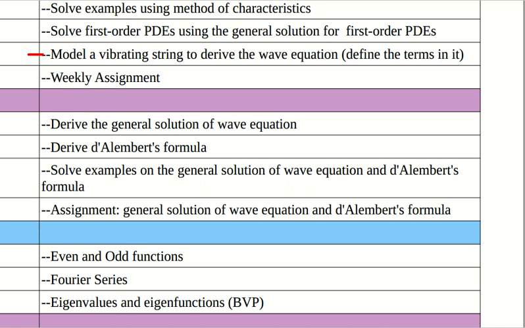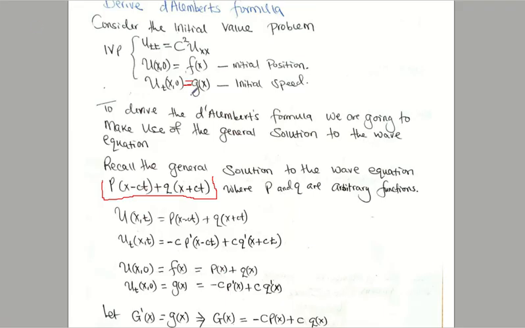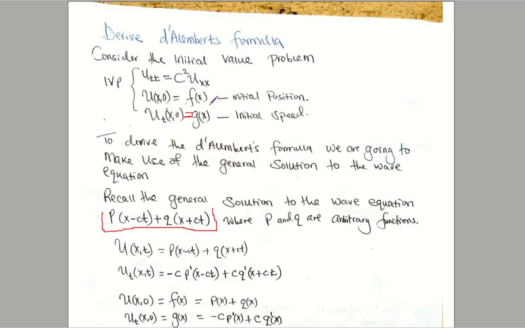Okay, in our first video we derived the general solution to the wave equation, and now we are going to derive the D'Alembert's formula. For us to derive it, we'll make use of the general solution to the wave equation that we derived previously. Now, if we consider an initial value problem, u_tt equals c squared u_xx,